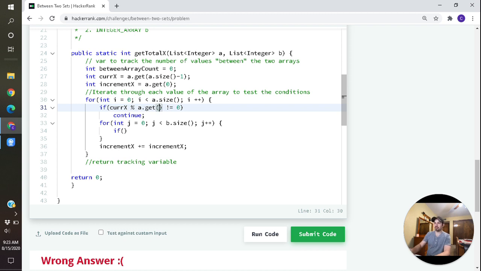This is supposed to be i actually. So if, so this one's going to be the opposite. We're going to be dividing the value in the array by the current value of x we're testing. And in the case that it equals 0,